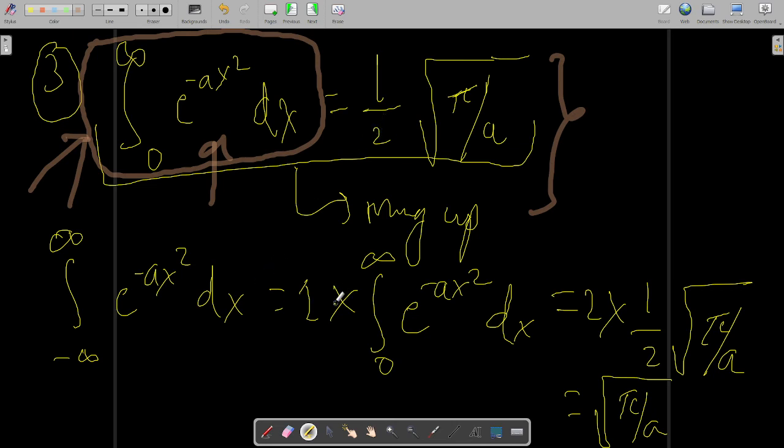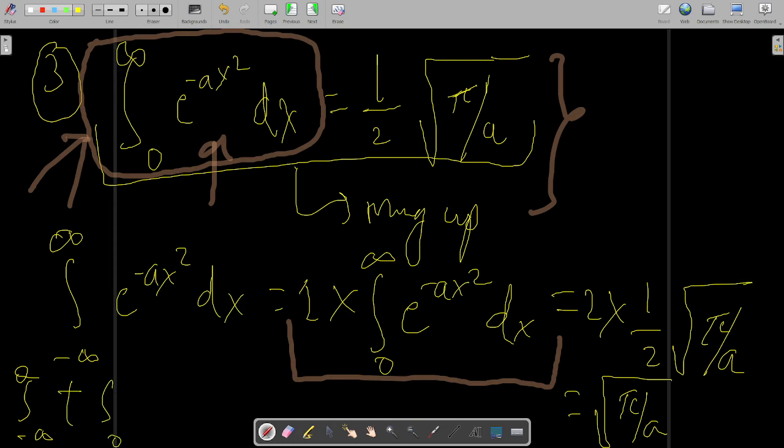Now this is the second one. How did this come? This came from the definition of an even function. You can write this as the integration from minus infinity to 0 plus 0 to infinity, like that. This is not theta, it is 0. After you write it like this,